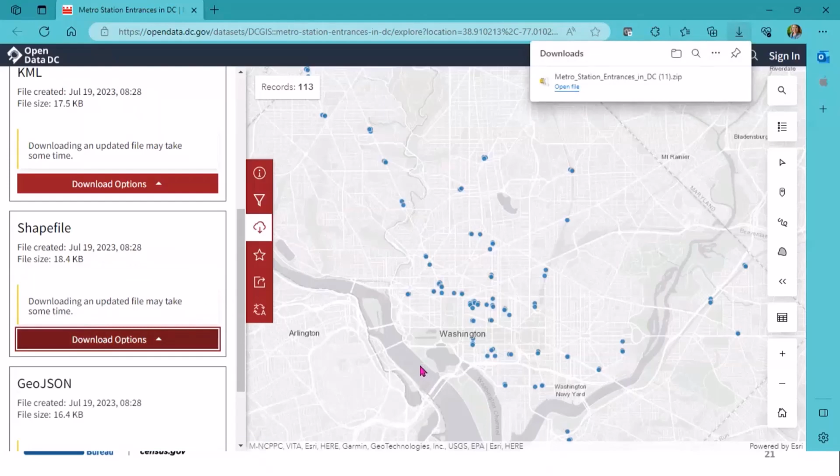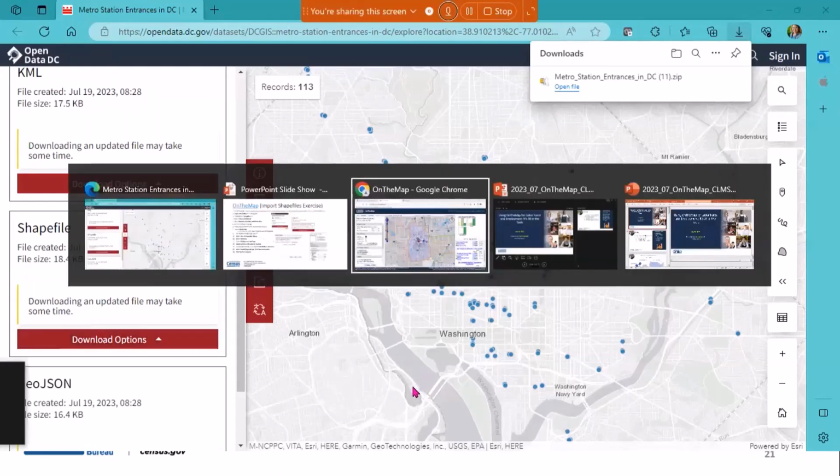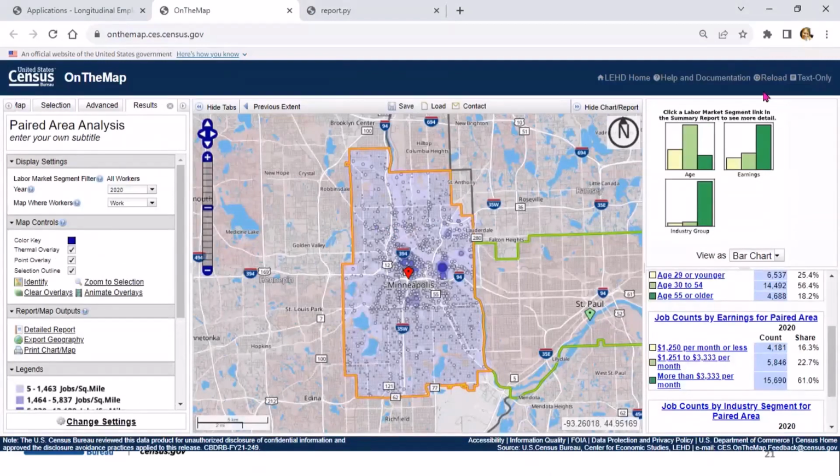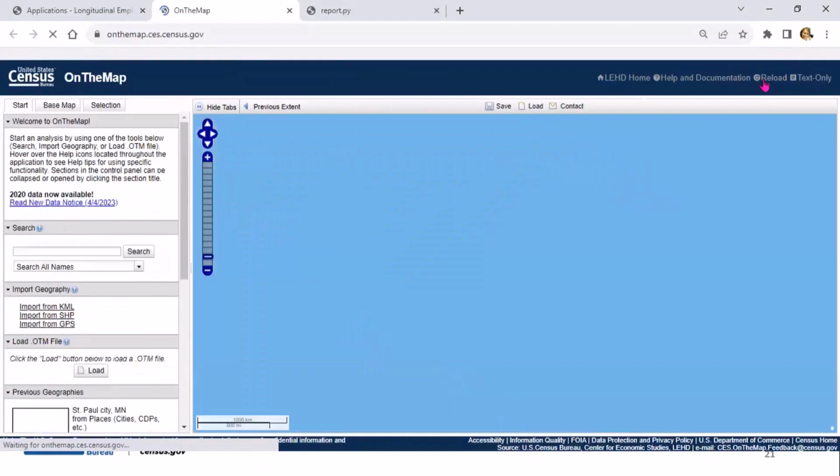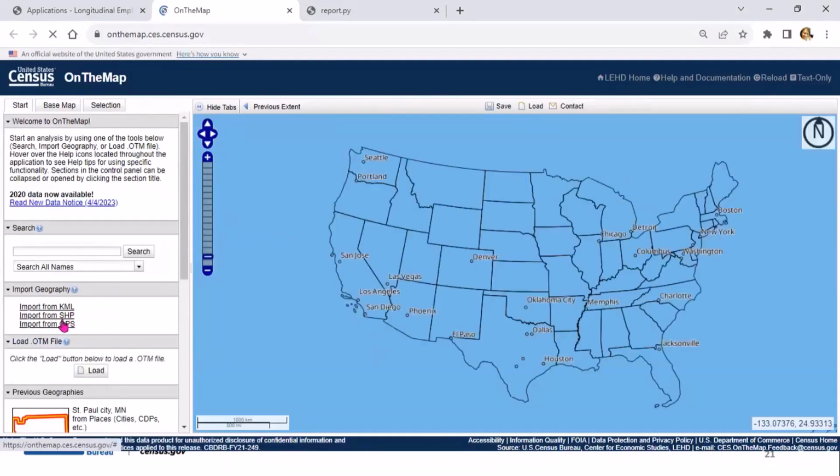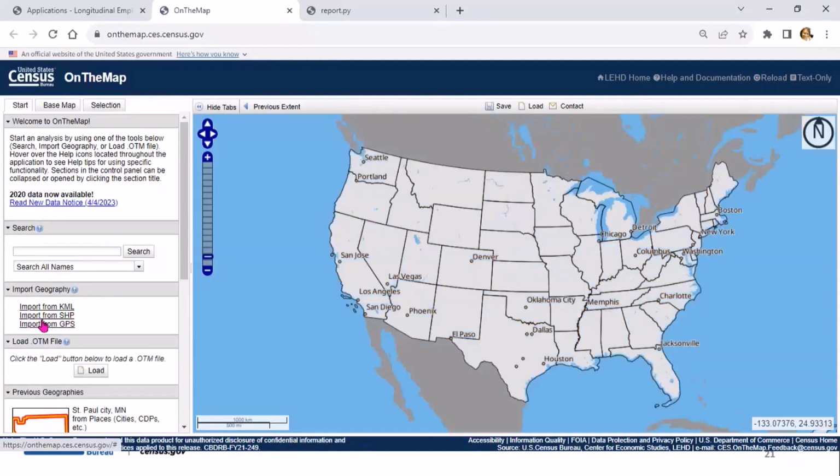And now I'm going to go back to the on the map. So here we are again, reloading again. And now, instead of entering into the search box, I am going to go ahead and click on import from shapefiles. So if you had downloaded the KML, you could use that. And then now you can just do the import shapefiles.